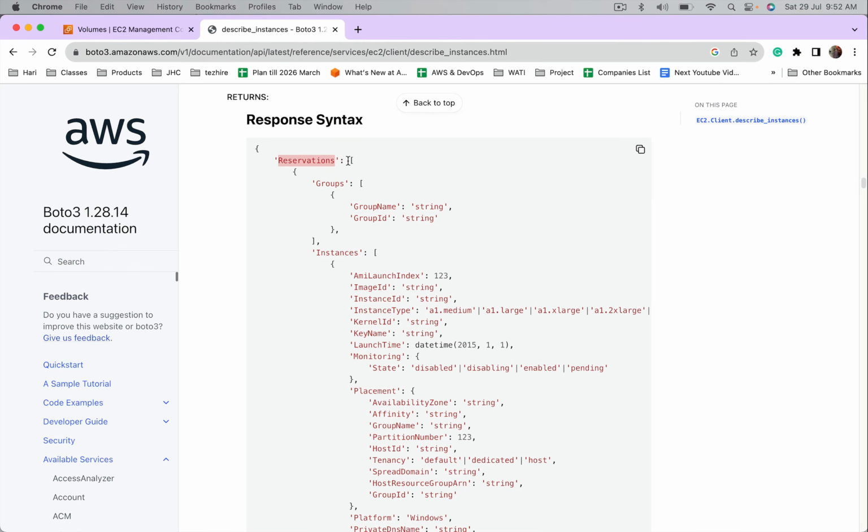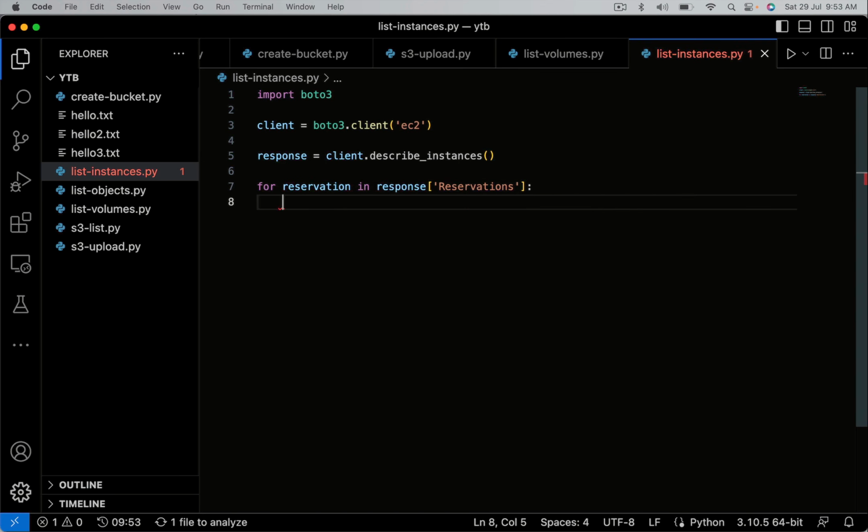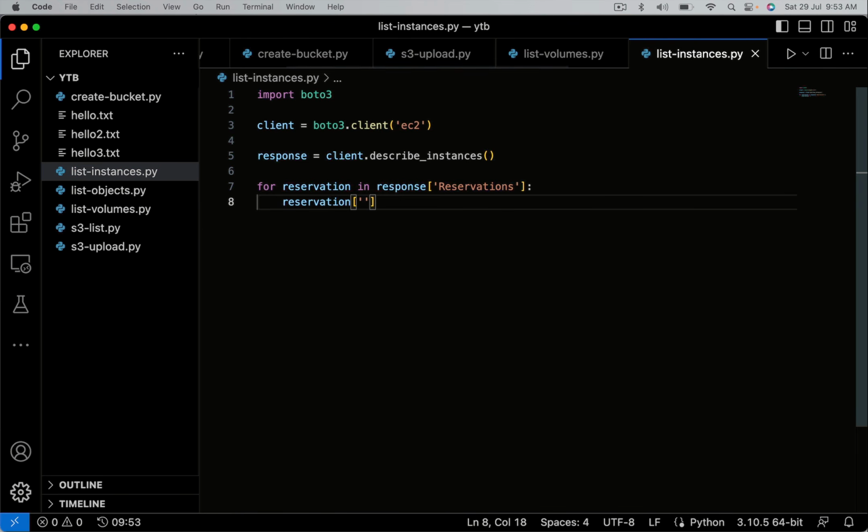Do a loop on this because it's a list. For reservation in response of reservations. See the convention. I'm looping on reservations, so I'm calling this reservation. So reservation of